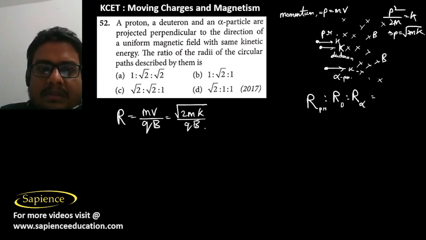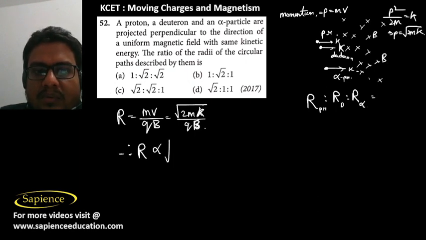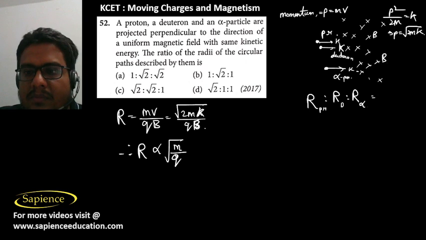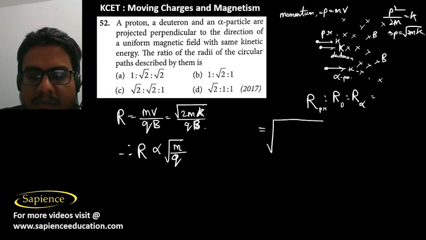It means here for all of them, the kinetic energy is the same and the magnetic field is also the same, but their charges and masses are not the same. Therefore the radius is proportional to root over mass by charge, root over m by q. So this ratio will be the ratio of